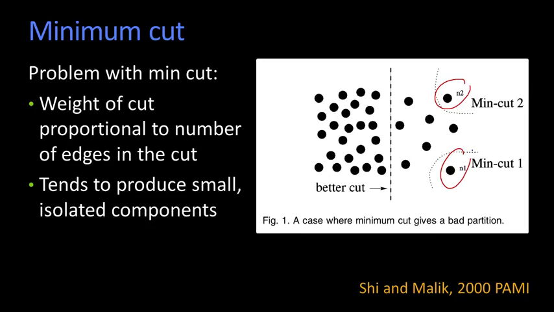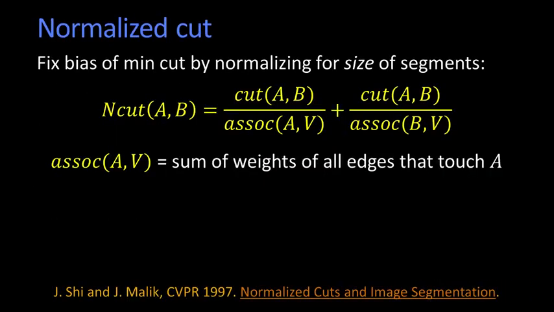And in fact, what you want to do is what's referred to as normalized cuts. So normalized cuts fixes this bias that min-cut has of wanting to pull off these little elements. And the way it does it is it's going to propose a cut, and it has the traditional measure of cutting A and B, but it's normalized by the association within A and the association within B. And a simple way of thinking about it is the association